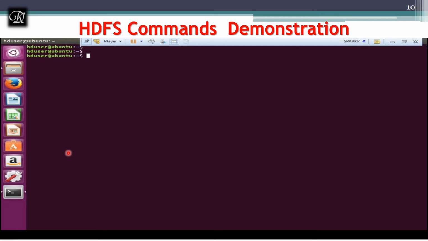Those daemons have a dependency. So rather than starting them one by one, you can start with the batch file, that is startall.sh, and the path should be configured. If you do not configure those paths, this command is not going to work. Now one by one, it's going to start.